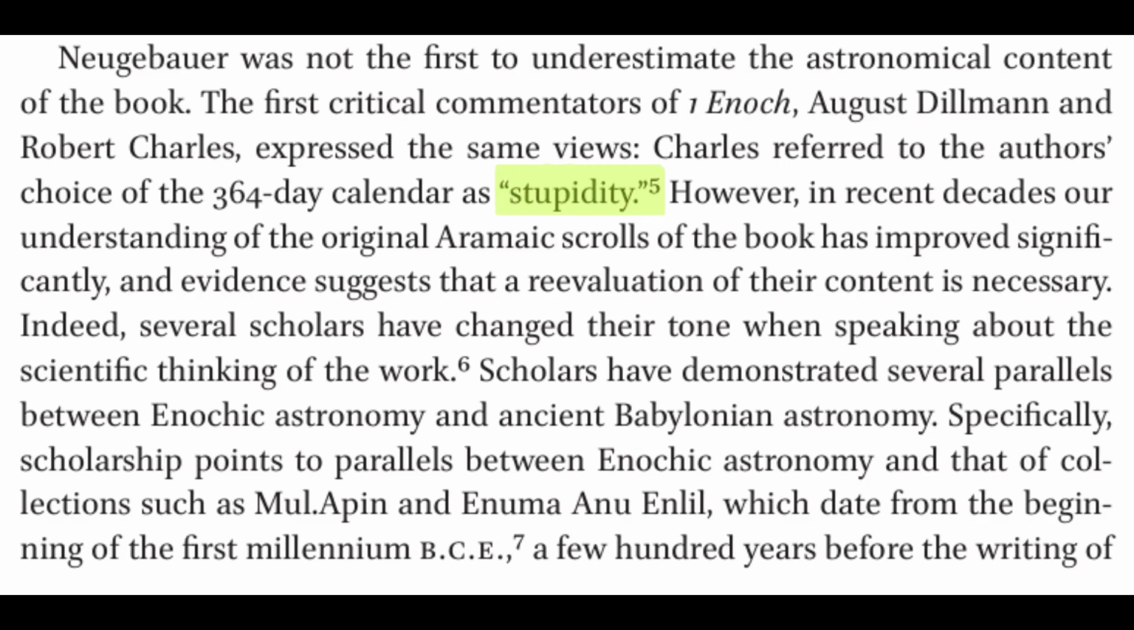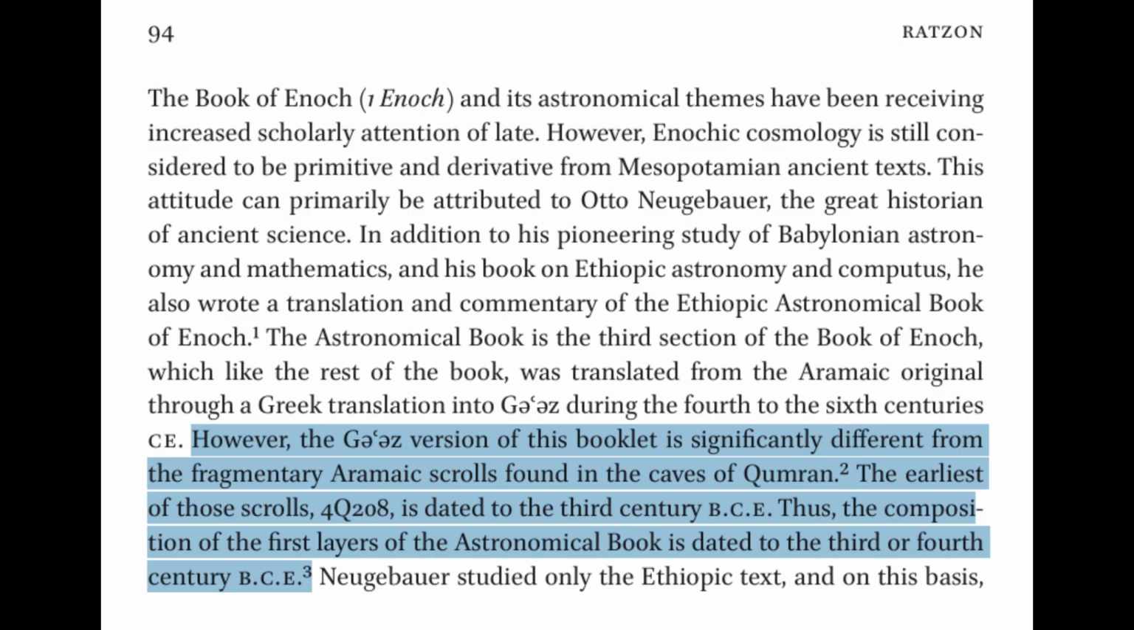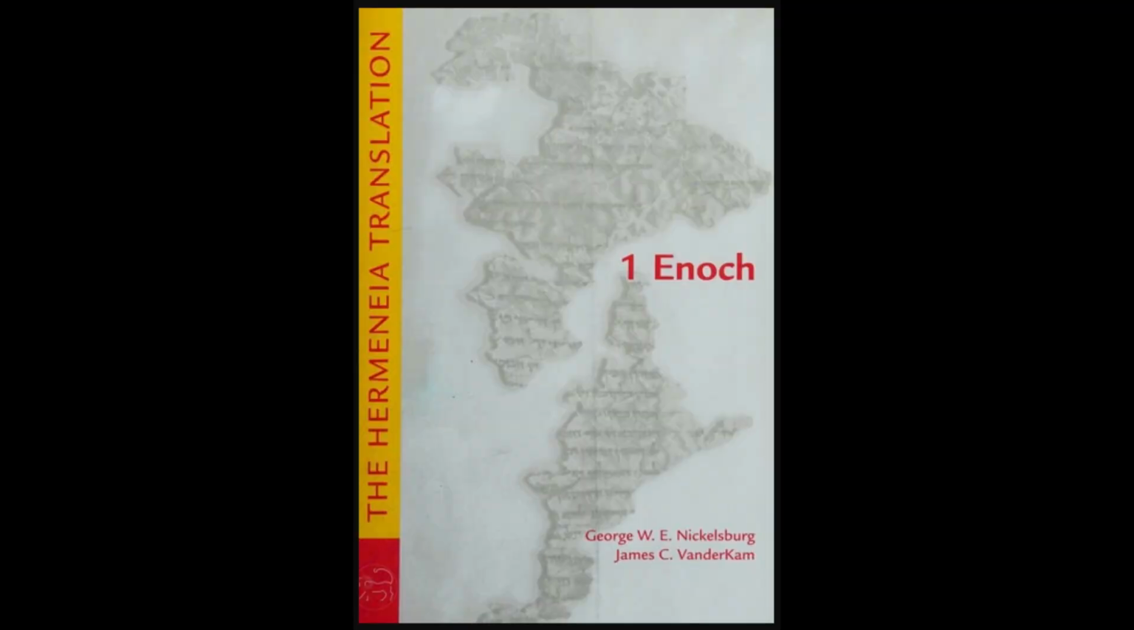But with the discovery of the Dead Sea Scrolls and the Aramaic fragments of Enoch, scholars have had a major shift in perspective. These more recent findings have shown that the calendar was far more sophisticated than once believed. As a result, Charles's older translation of the Ge'ez is now considered less reliable compared to newer translations that cross-reference both the Ge'ez and the Aramaic fragments. Personally, I use the Hermeneia translation by George W.E. Nickelsburg and James C. VanderKam, which is a translation that's based on the more recent discoveries. But let me know in the comments which translation of Enoch you use, or if this is your first time